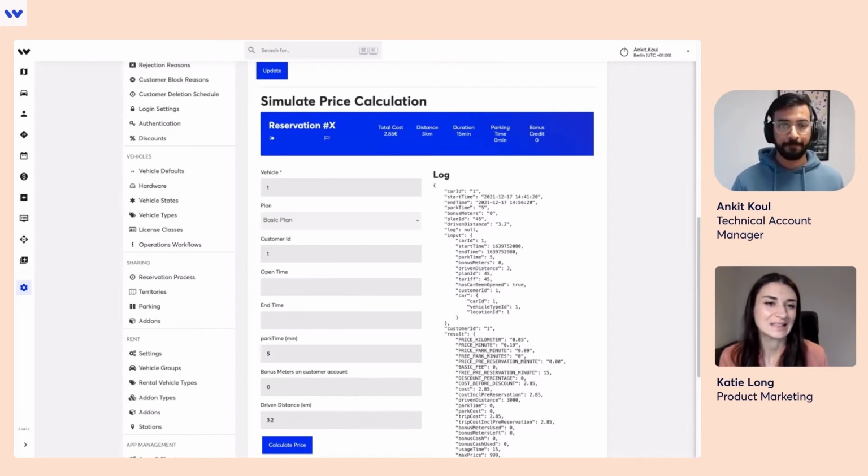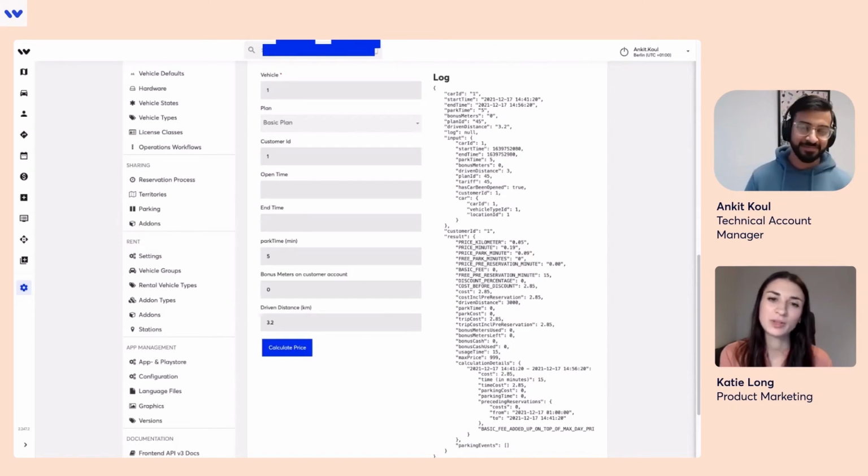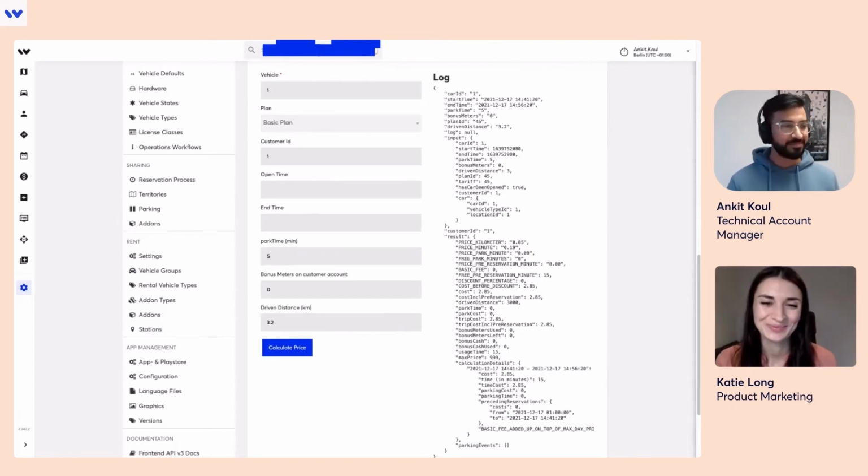Exactly. Fantastic. So now we know about the payment methods and also the pricing model. An important part for any business is then, of course, receiving the payment from the end user. I wonder, we do have some functionalities to make invoicing more convenient for the operator. Could you give us a little bit of information on those?